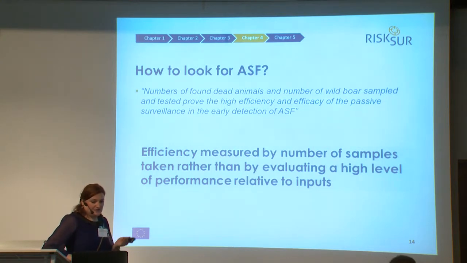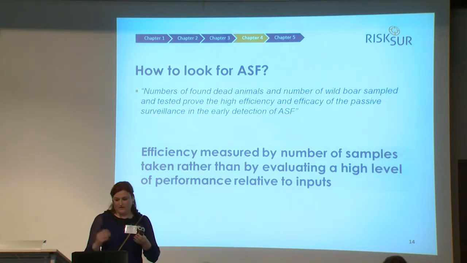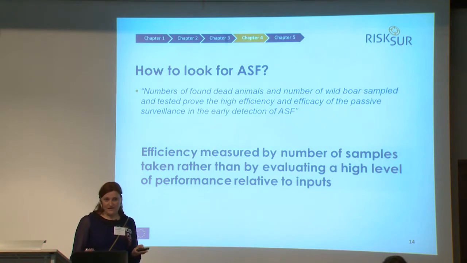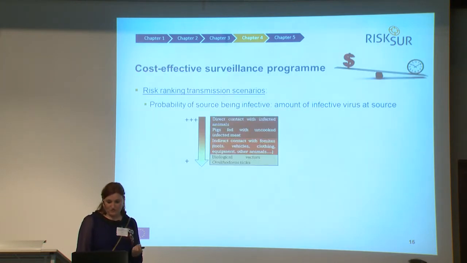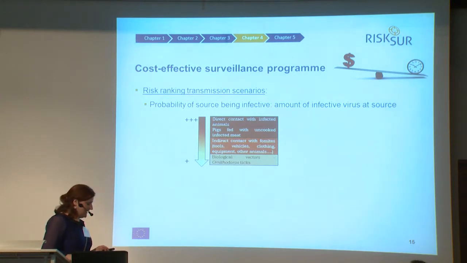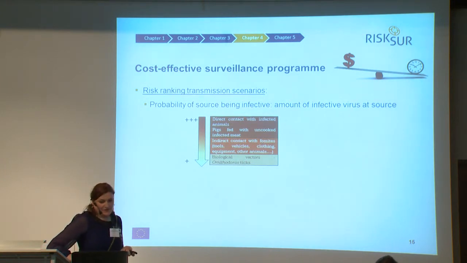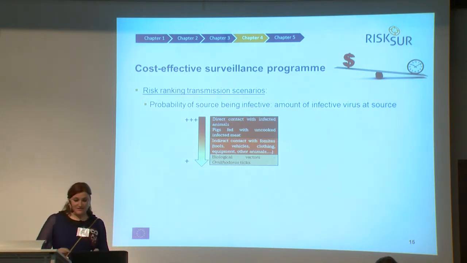I mean, we cannot debate on whether it's active or passive surveillance, like choosing between black or white. It's really what is performing better. What combination can we get to actually find the disease earlier and find the majority of cases? So, of course, for early detection, time is the most important thing, to detect in a timely manner so that the costs do not go very high. And one thing that we have to take into account, and that is different from disease to disease,